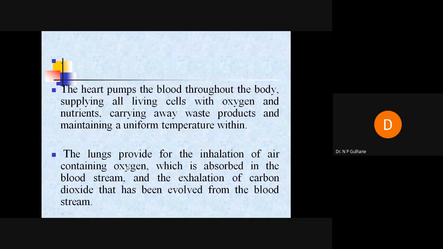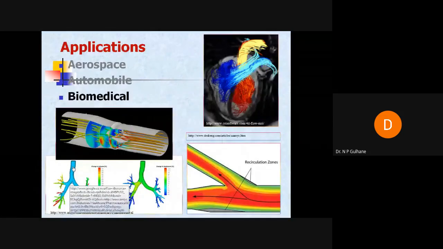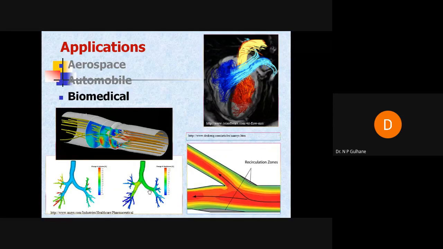This study is possible with the help of various types of veins. We can treat a vein as a pipe, maybe of circular diameter, a long tube, and the blood flowing in it we consider as a fluid flowing. Now, what is the flow behavior? How is the velocity profile developed? What is the temperature of the blood? How does it reach the different parts? In that study we combine fluid dynamics and heat transfer, and thus we calculate the temperature within the body and how the blood flow takes place. This is the application of CFD in biomedical.